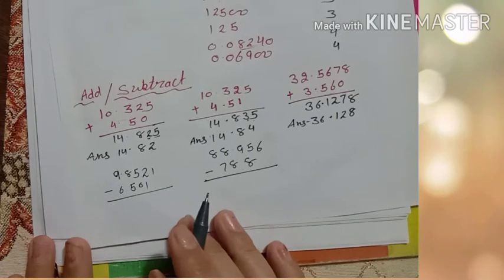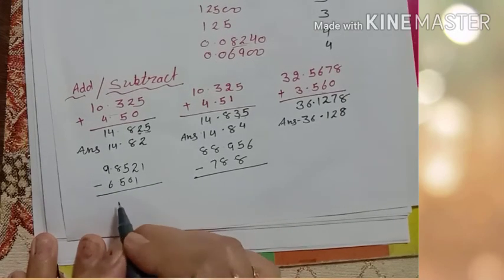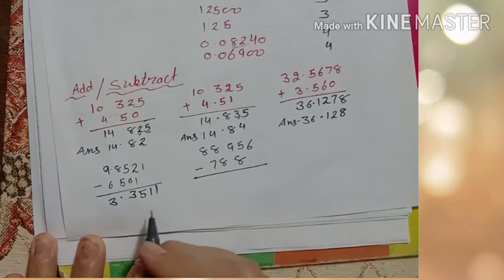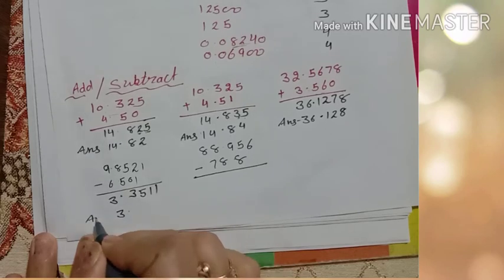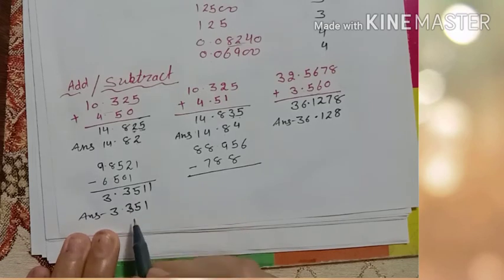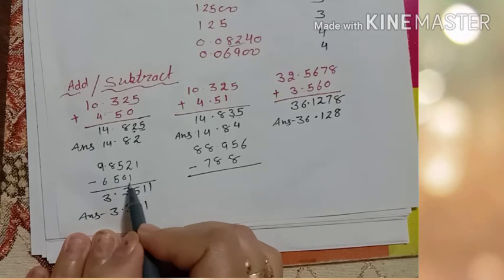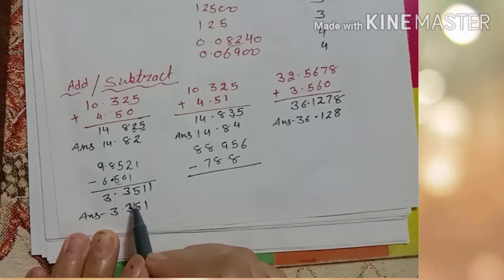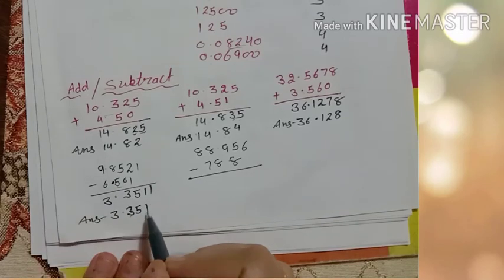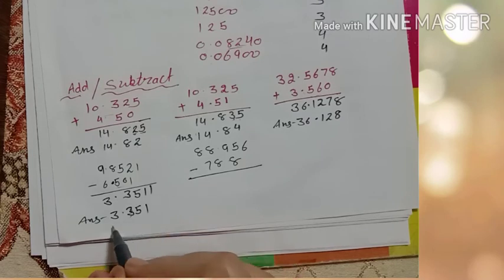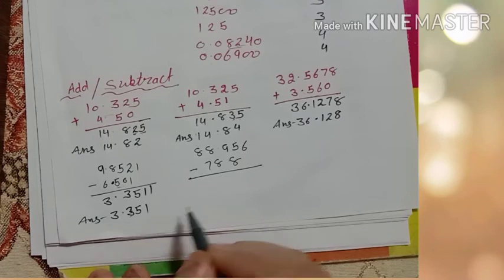In the subtraction this will become 3.3511, and then after the round off 3.351 क्यों लिया हमने? क्योंकि यहाँ पर देखिए जो least significant number है after the point this is the 3 and here we have 3.3511. Okay, so we will find out the answer with the least significant, so this will come 3.351, and here we have